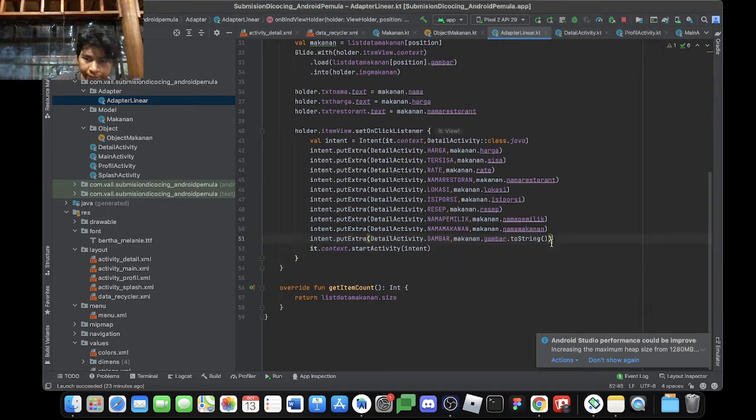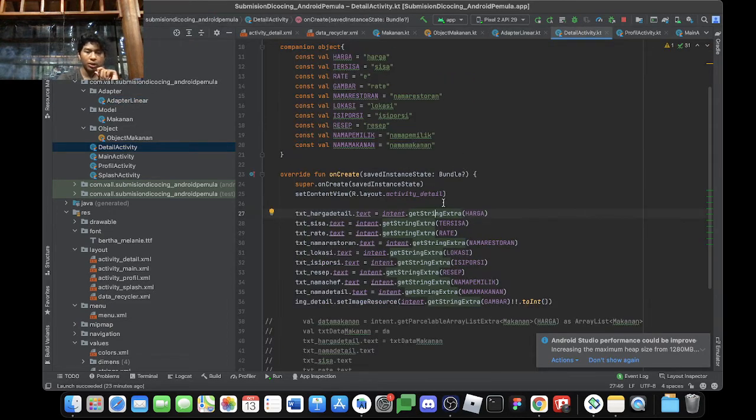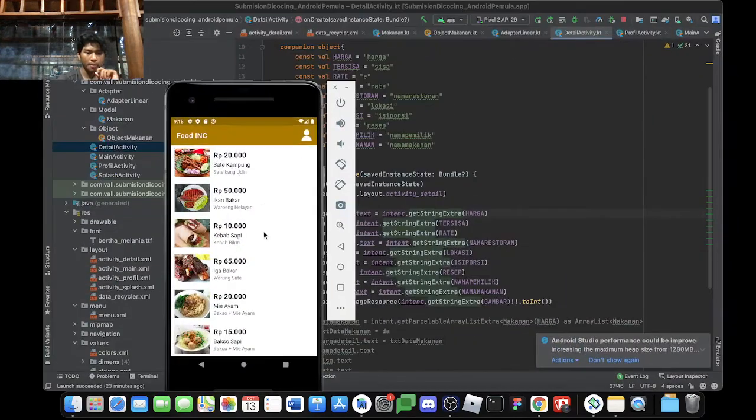And then it dot context dot startActivity intent, and after this the recycler view will be able to click and move into the activity with an object like this.